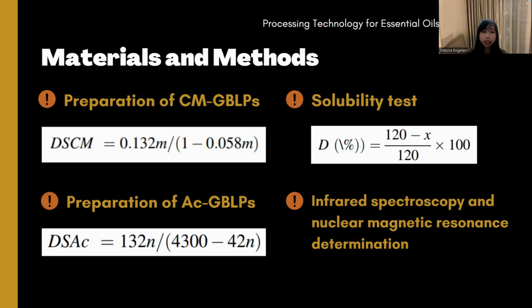And then the last one, we're going to talk about infrared spectroscopy and nuclear magnetic resonance determination. In this part, the appropriate amount of polysaccharide sample was ground evenly together with KBr and then pressed into a thin slice for determination by infrared spectrometer. And then a thin slice composed entirely of KBr was used as the background, and the detection wavelength was